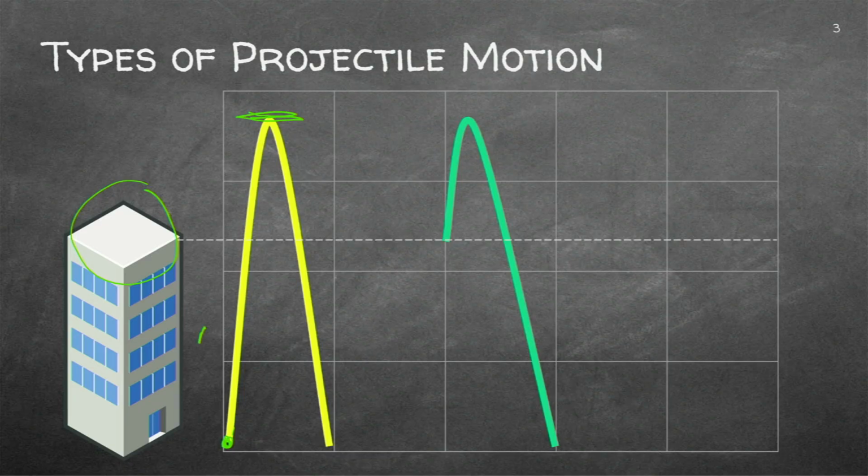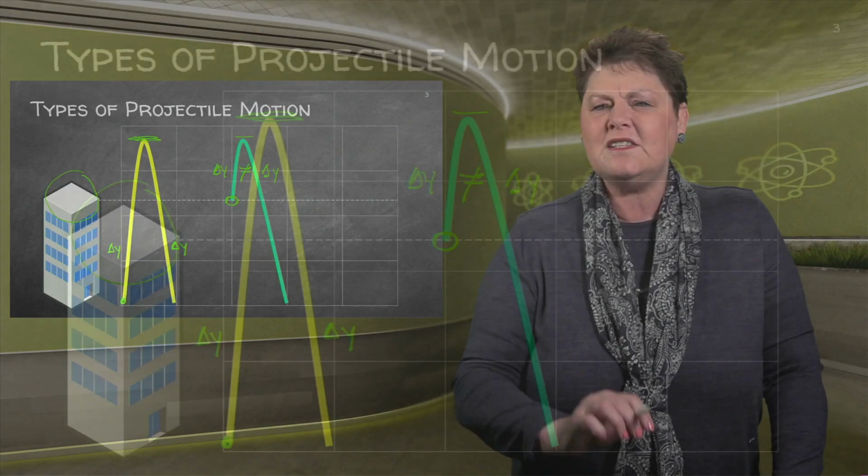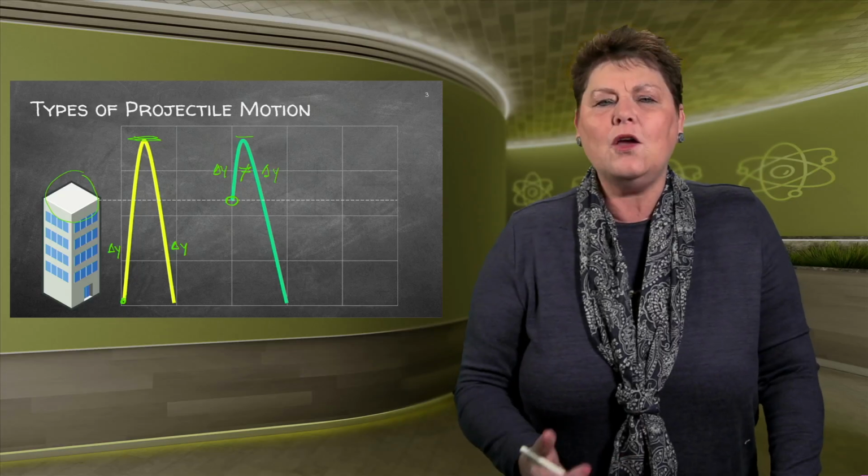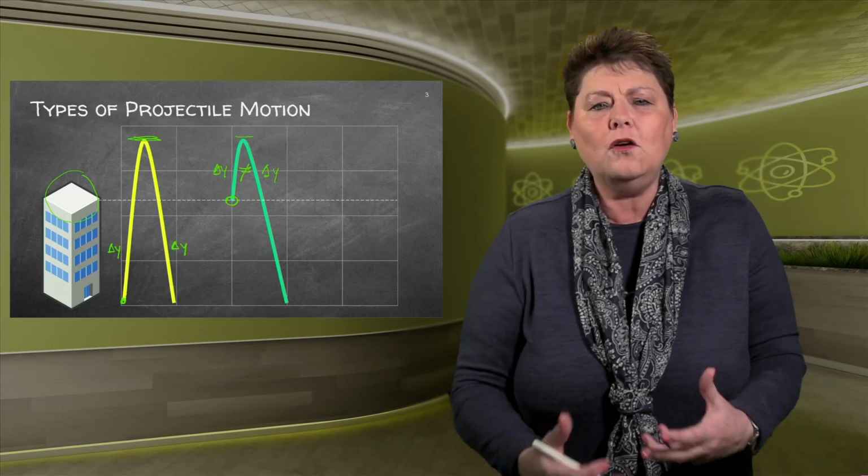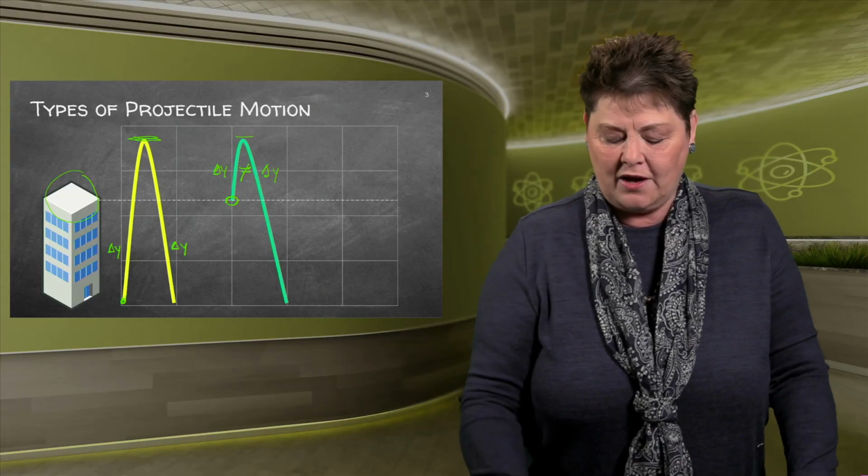So can you see the delta y of the up and the delta y of the down is exactly the same? The displacement or the distance, exactly the same. Can you see here, I'm standing on this building, throwing a ball up, but it's going down to the ground. So the delta y up is not equal to the delta y down. Please make sure that you see what's given, what's asked, and I always draw a diagram. I cannot work if I cannot see what they ask of me.